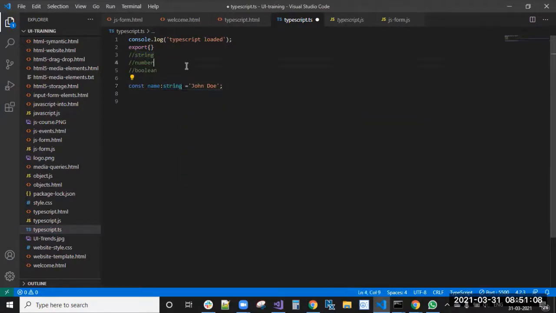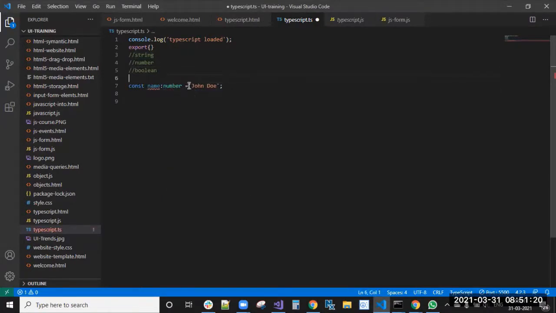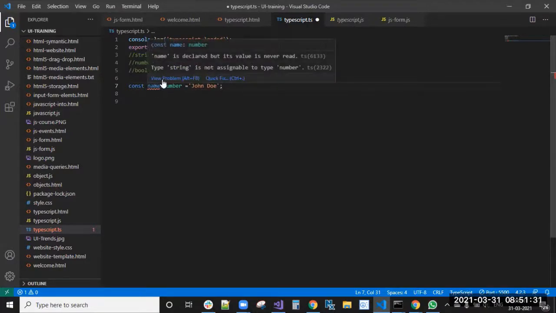These variable types are either string, number, or boolean. If you declare the constant with type number and assign a string, then, as I told you, in development time only you will get an error notification. See here, name is declared but its value is never read.